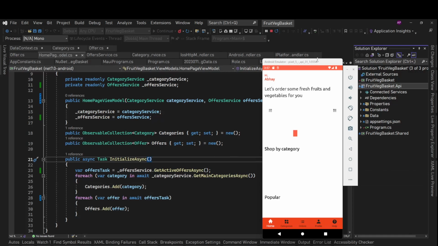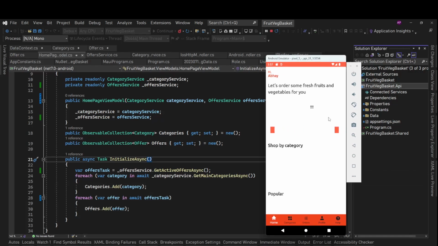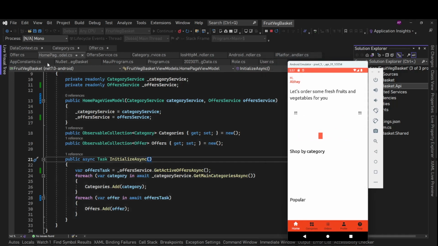The app is here, it's running, and we can see something is there, but these things are not working. We cannot see anything here, and we can see something is here as well, but what is it, we don't know. So let's see what the issue is.